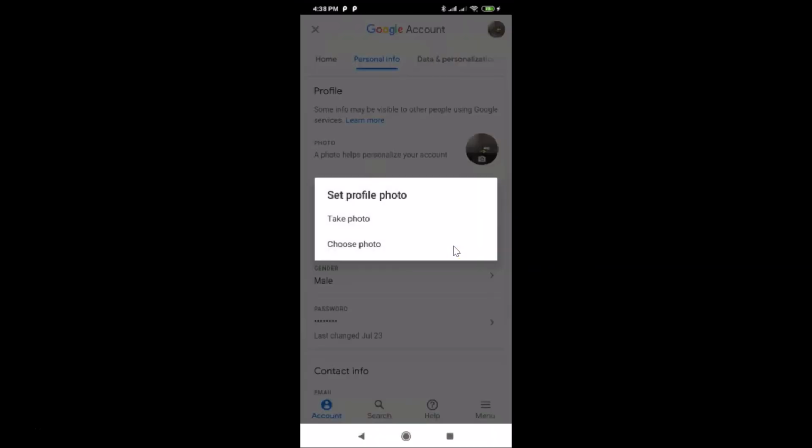So let me tap on this, and I have another pop-up, set profile photo, and here we have two options, take photo and choose photo. So if you tap on this take photo, it will open your camera app and you can take a picture and set your profile picture. Okay, but I want to select this second option, choose photo, because I want to select it from my gallery